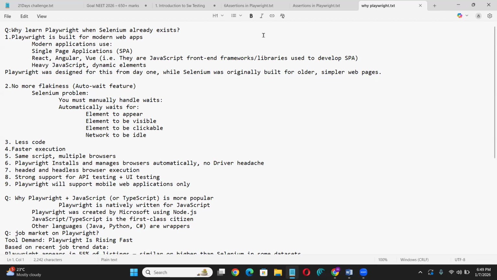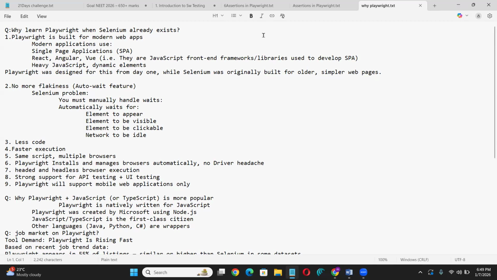But which language should we go for? Why is the combination of Playwright plus JavaScript or TypeScript more popular compared to Python? I know Python, I know C sharp, can I go for those? Yes, you can go. But the more demanding combination in the market is Playwright with JavaScript because